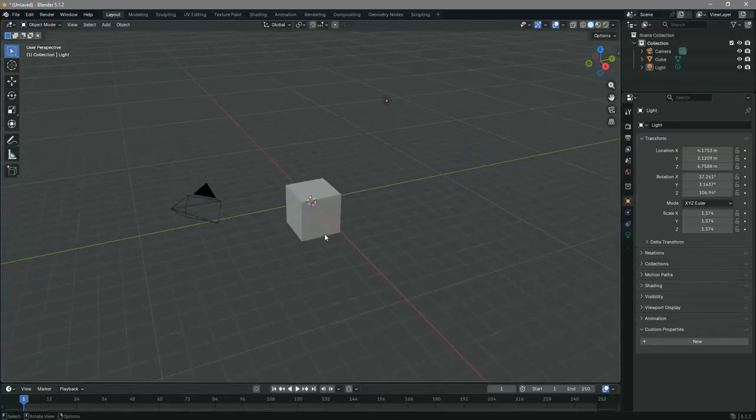Now you can use the middle mouse button to orbit, Shift and middle mouse to pan, and the scroll wheel to zoom to adjust the camera's position and angle. Once you're satisfied with the new camera view, you can lock it in place by unchecking the Lock Camera to